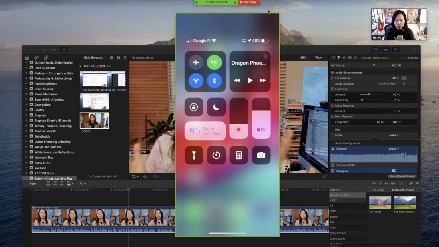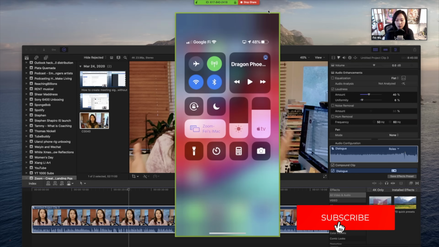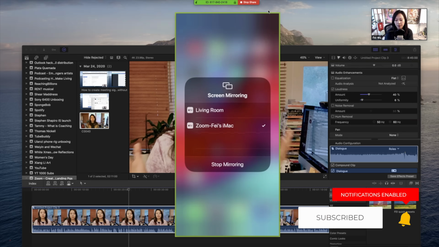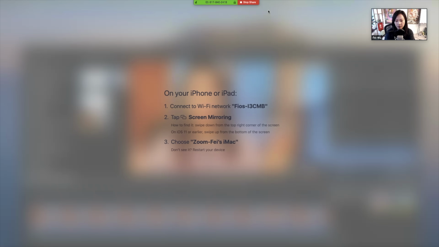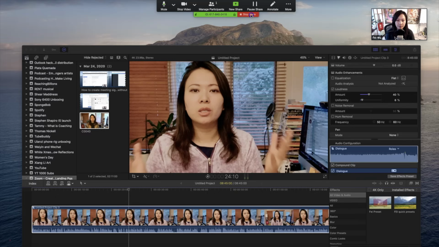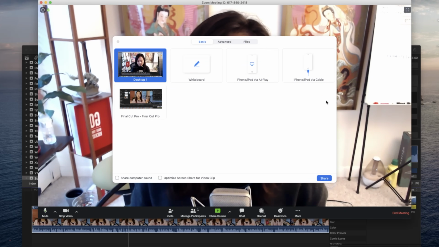Whenever you want to stop sharing, the same way as you're stopping pairing the device, the same way as you're stopping screen mirroring, just like that, you can stop. And you're back. To stop sharing altogether, you click on this red button. A couple of other things I think are very important for you to know on this screen are often ignored.